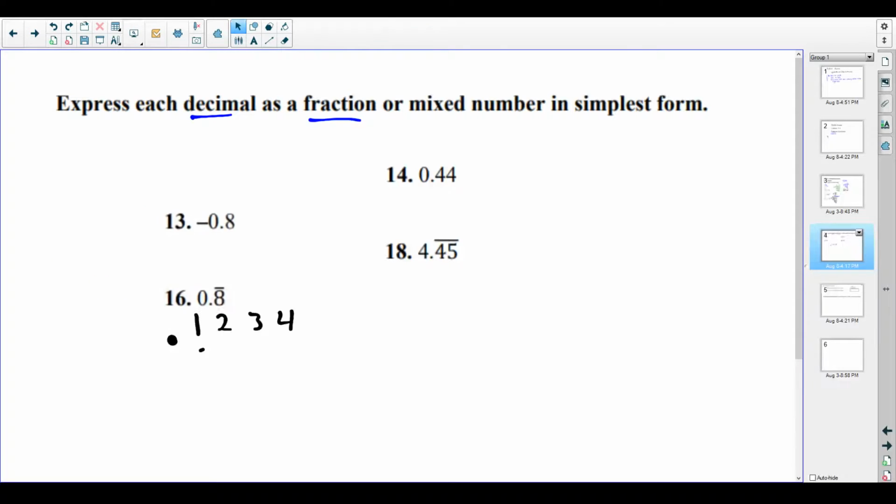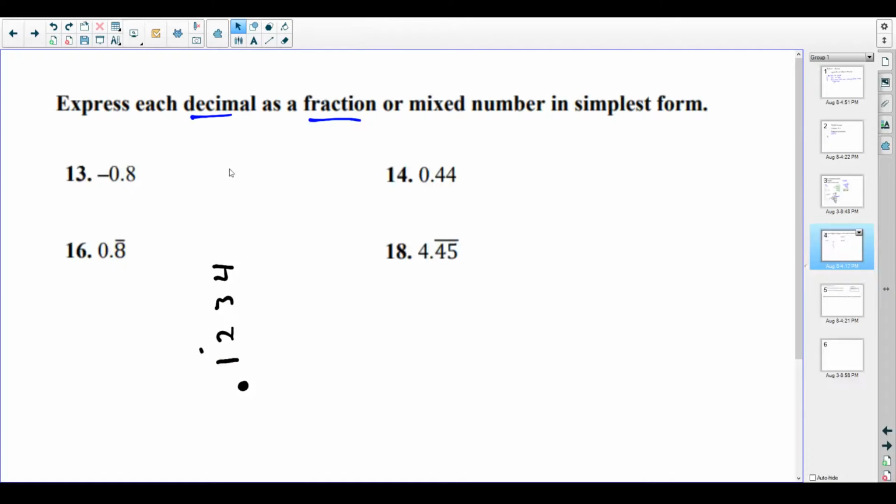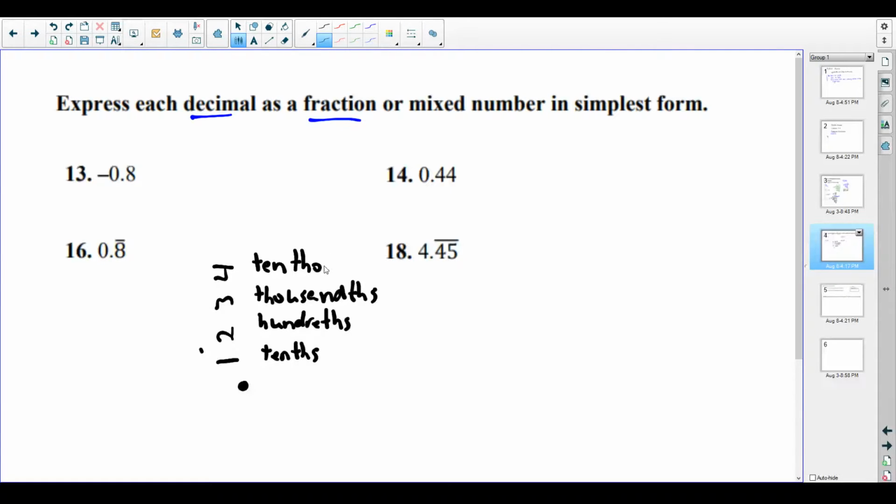So 0.1, 2, 3, 4. 1 is in the tenths place. 2 is in the hundredths place. 3 is in the thousandths. And 4 is in the ten thousandths. Okay. And it'll keep going on like that